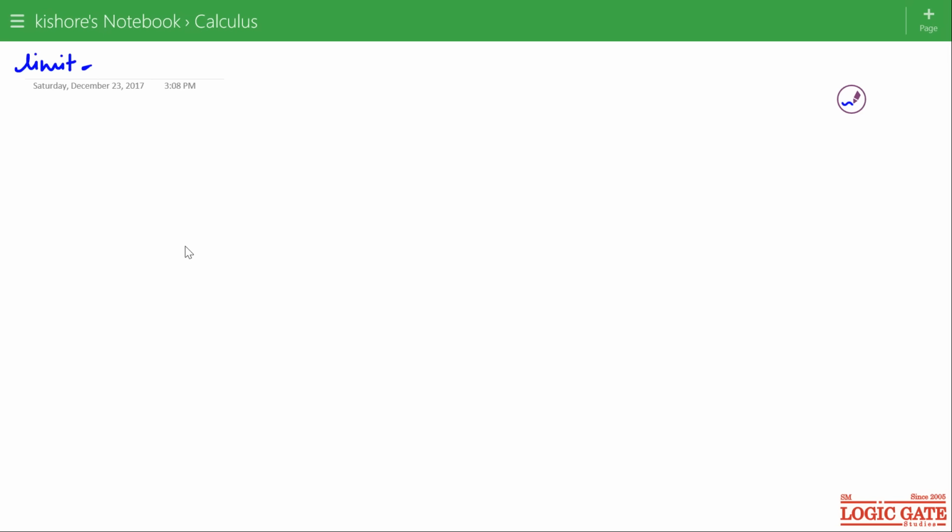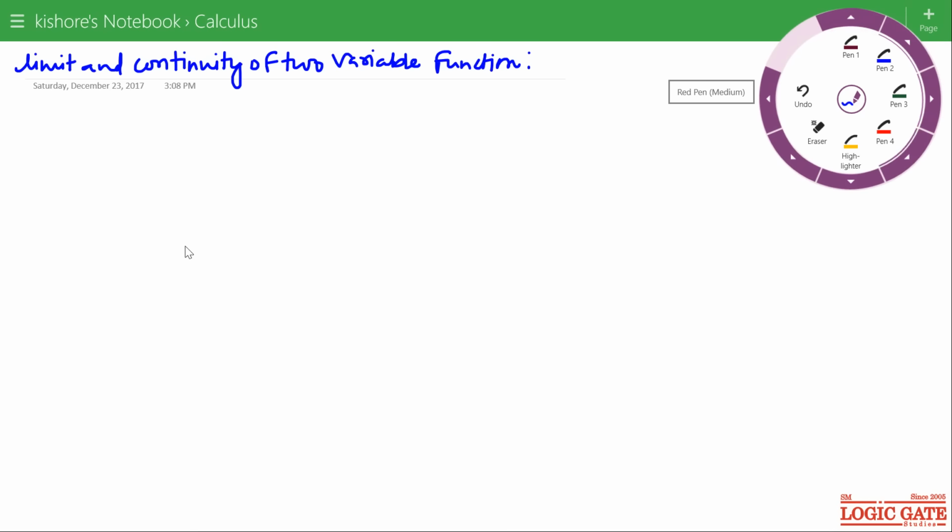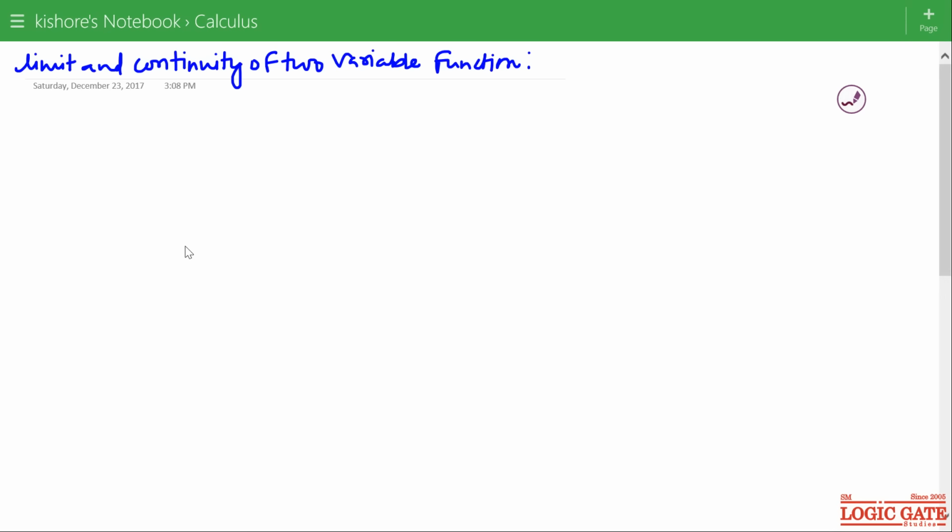Limit and continuity of two variable function. Before I start with limit of two variable function, I will take you back to the limit of single variable